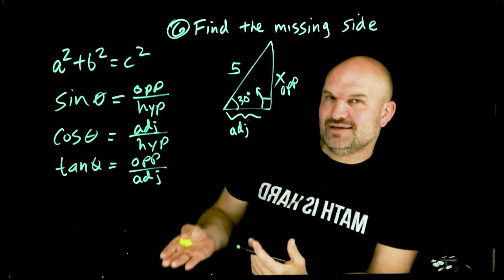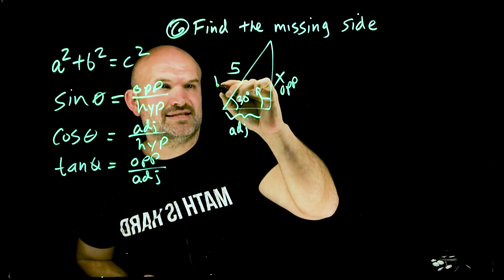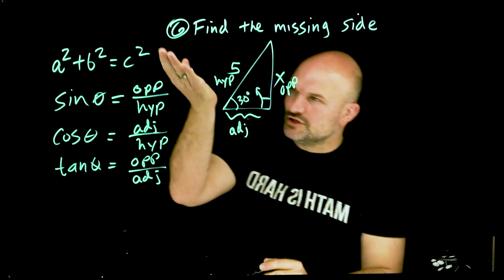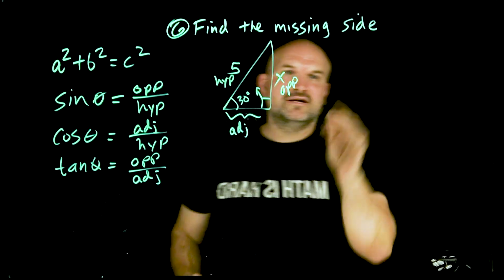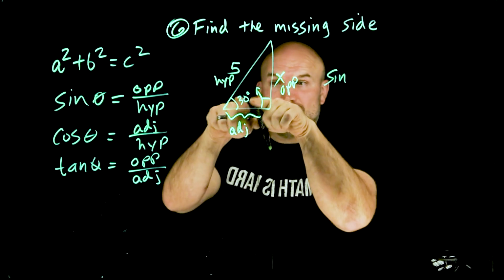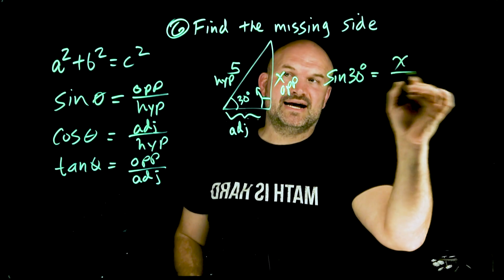Now let's take a look at what relationship we have. We have the opposite side as well as the hypotenuse. So now I just need to go to my trigonometric functions and say, well, which one's that? Well, that's going to be the sine. So I'll write the sine with respect to my angle, 30 degrees, is going to equal my opposite side over